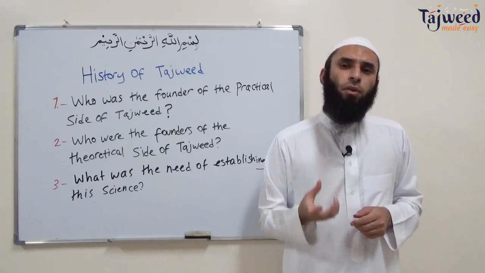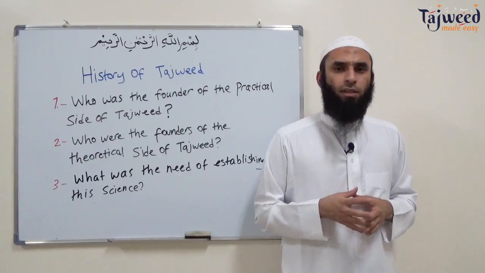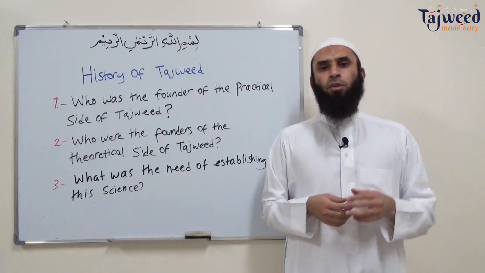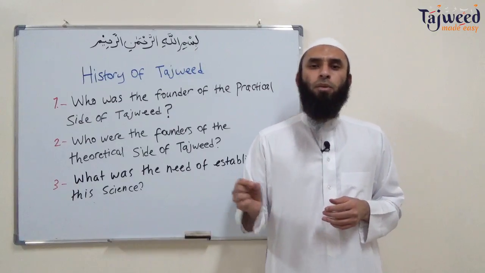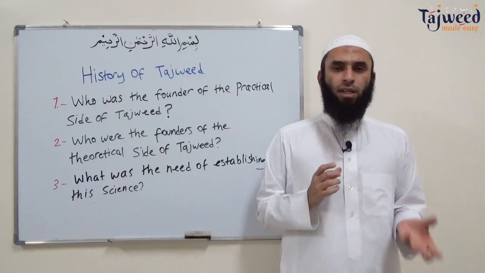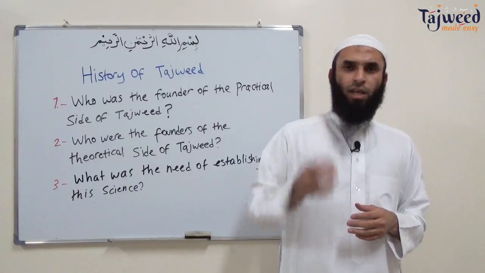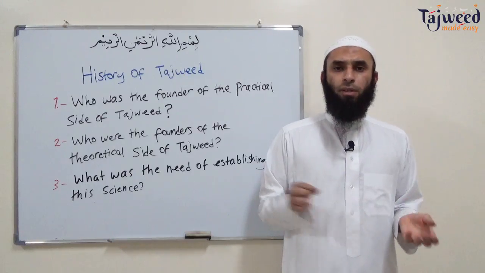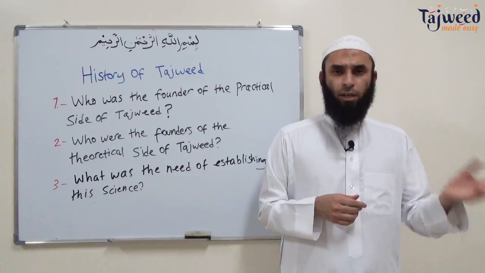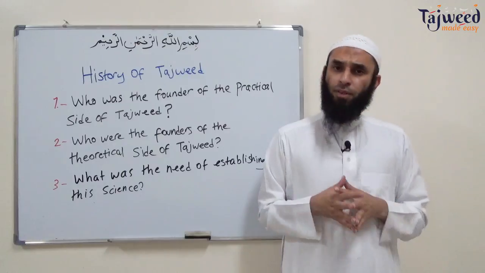The Torah was revealed to Musa alayhi salam. Once Musa alayhi salam died, the people started changing, distorting the Torah. So Isa alayhi salam came, started correcting the teaching, the Torah. When Allah took Isa up, alayhi salam, the people started changing, distorting his book. The Prophet ﷺ came and started correcting the teaching of Isa alayhi salam. When the Prophet ﷺ died,